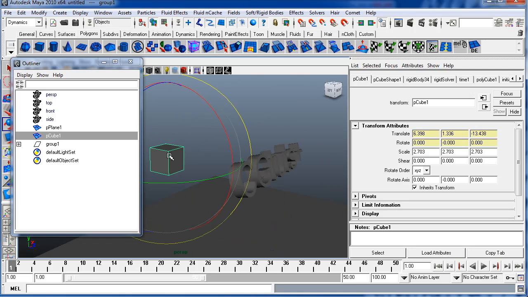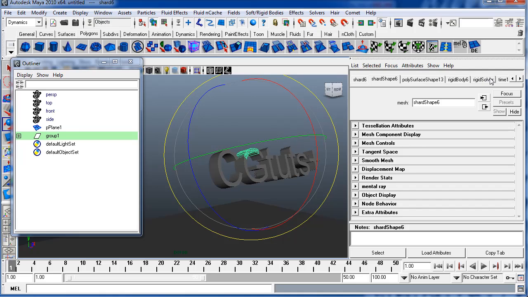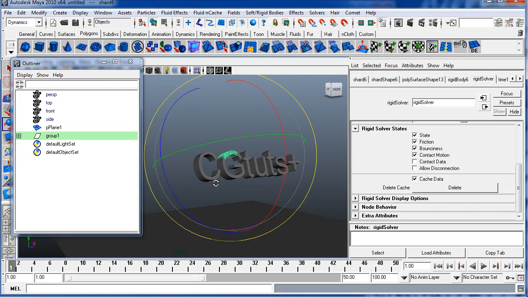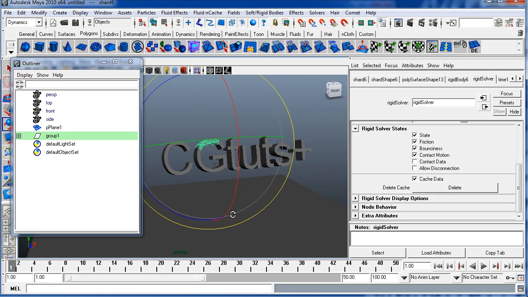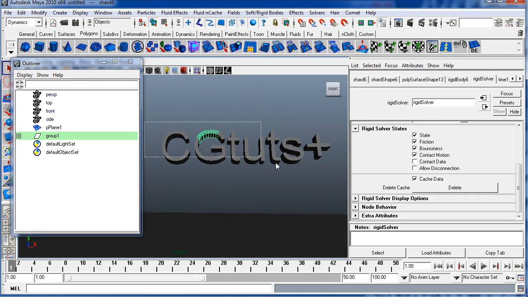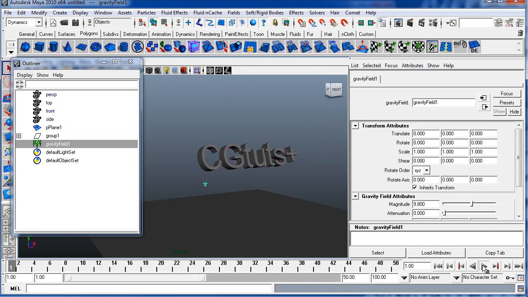I'm going to delete this, and again, rigid solver, delete, and let's play this back. Oh, I was going to actually select them, and fields, I'm just going to use gravity again,